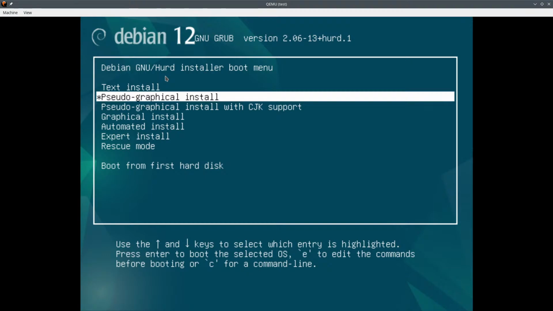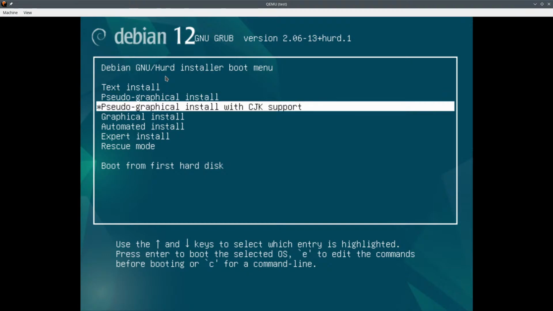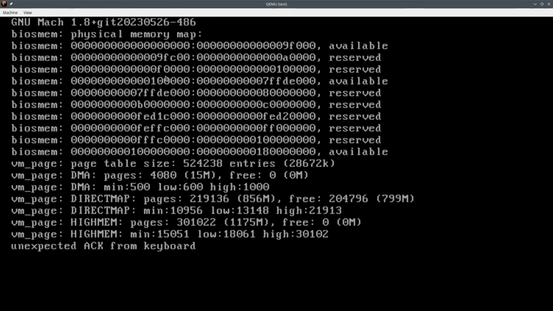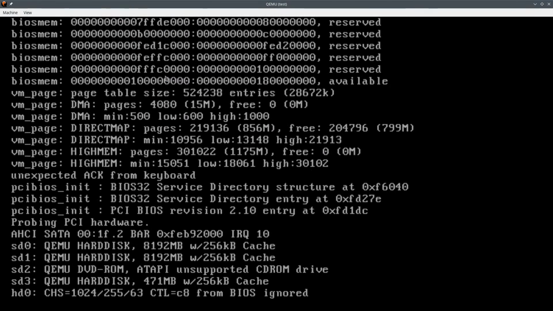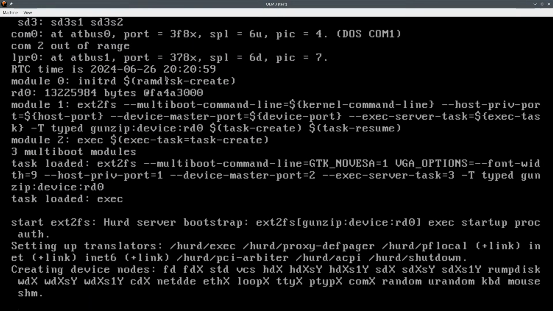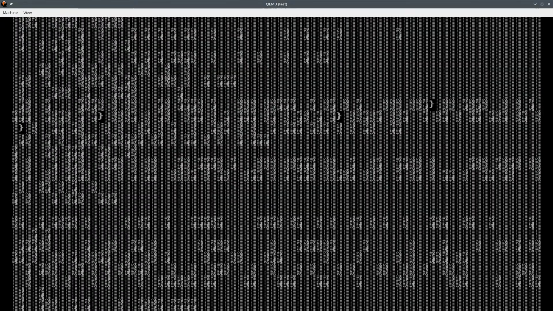Okay, look at that. Pseudo graphical install. What the hell is this? I haven't tested this yet in actual. Let me test this real quick. I don't want to install using this option, but I haven't used it. What the hell is it? Oh my god. Oh, so it's ASCII. Am I supposed to do anything here?